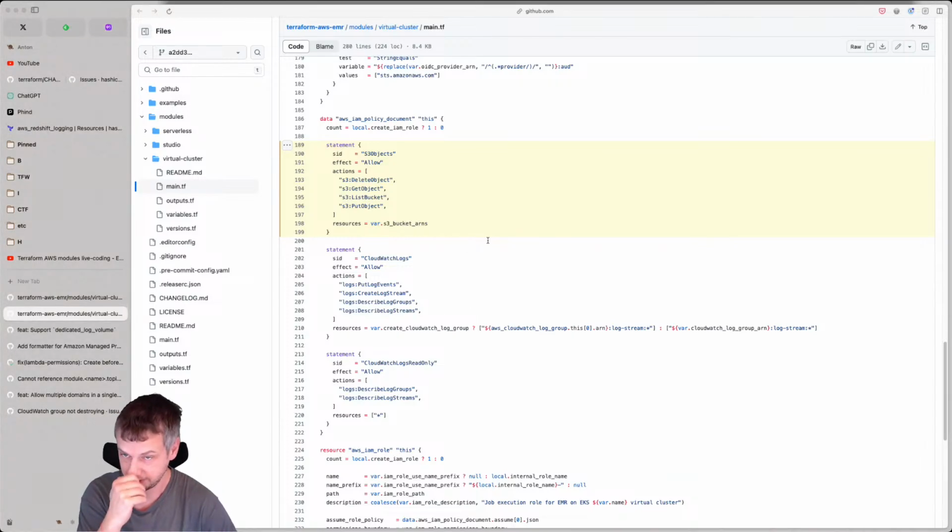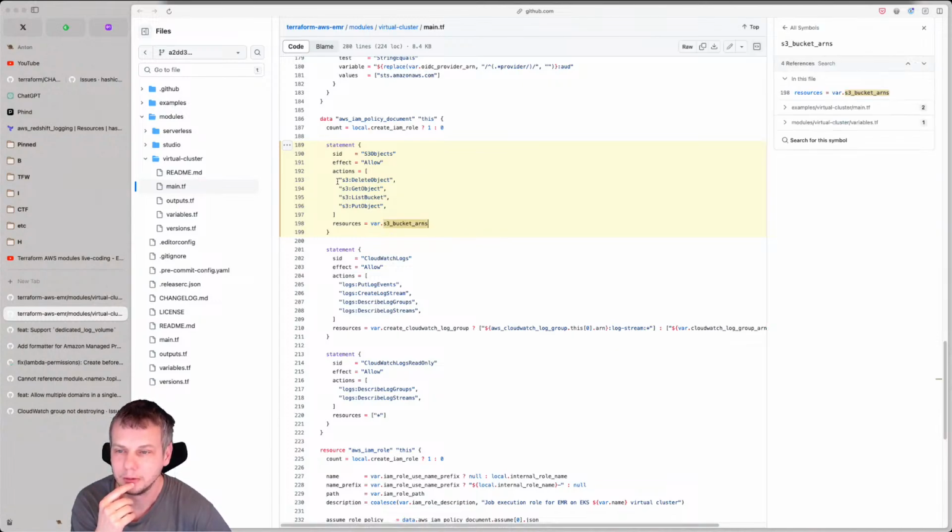What exactly is too permissive? So when we are creating a virtual cluster and we create some IAM policy which we attach to it, like traditional things, we create policy to delete object, get object, list, and so on to any bucket ARNs.